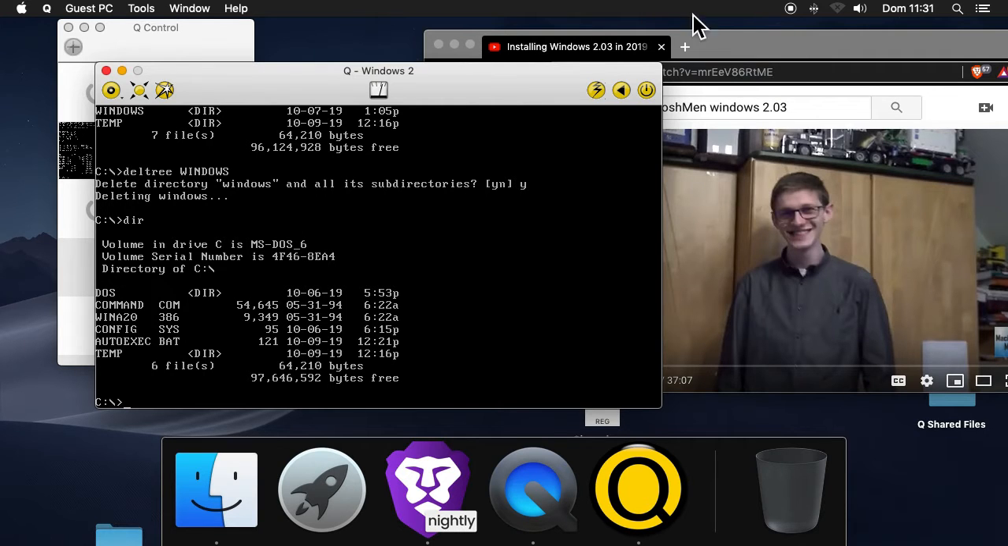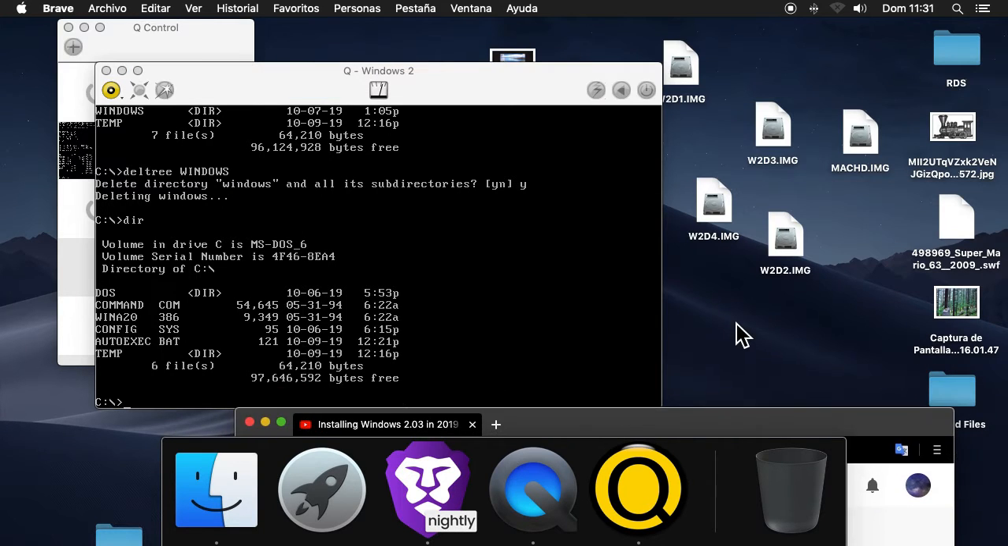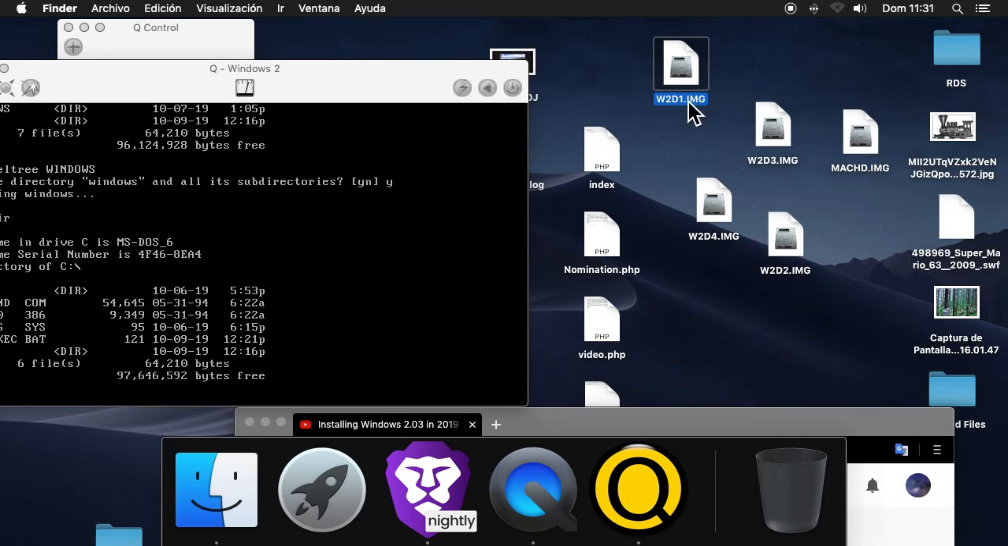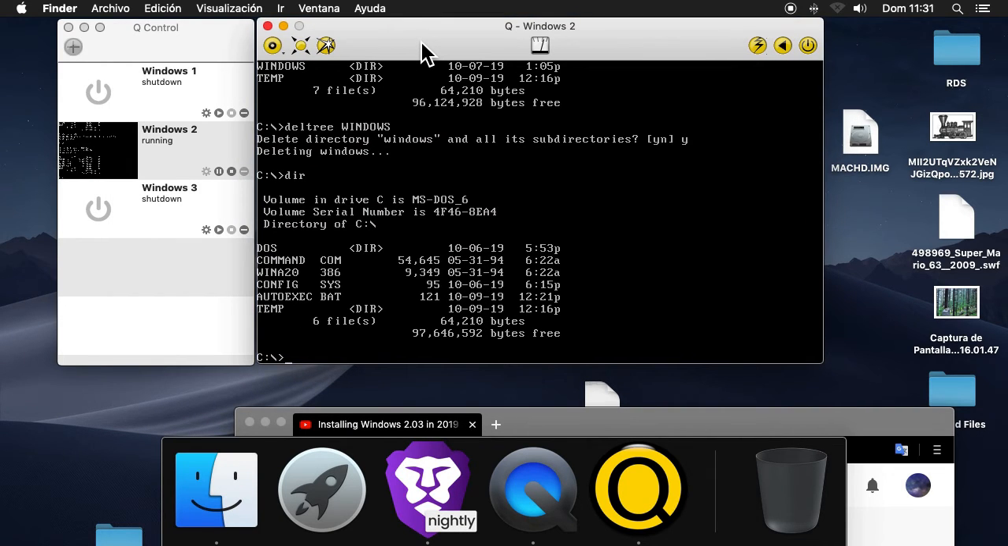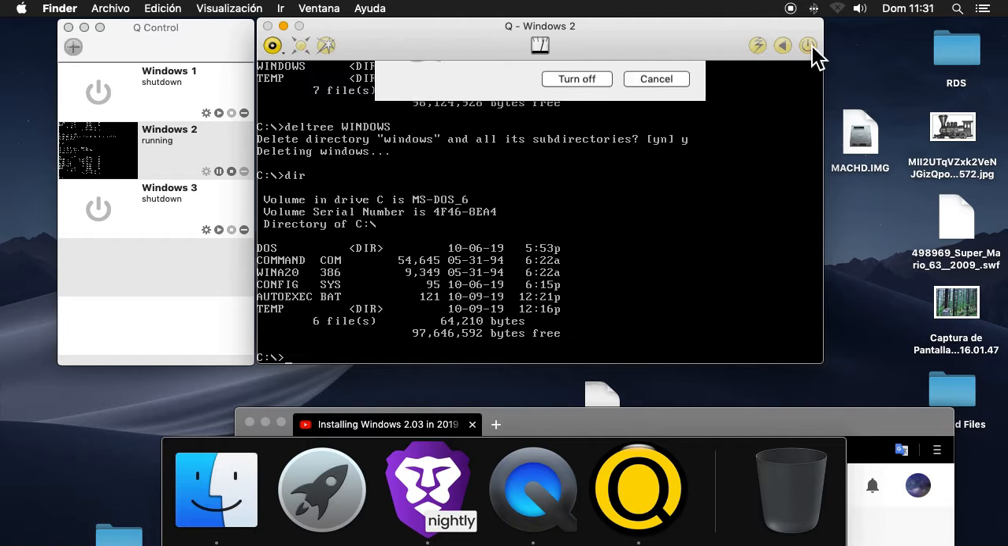And then, for the install disks, I just copied them over like I did for Windows 1. If you go back to that video, I've reduced my resolution, which makes everything look bigger, which is nice. Okay, so now I still need to